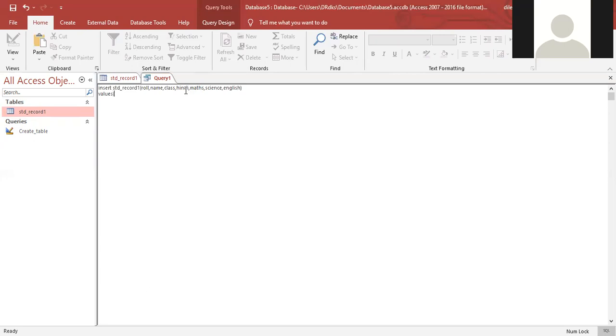And after typing values, just start the parenthesis bracket by using Shift+9, and here type enter role, comma, enter name, comma. You just use underscore to give some space, or to differentiate the two words for the single field name, right? So here we use underscore between them. Yes, enter roll number, and here we just type enter class, comma